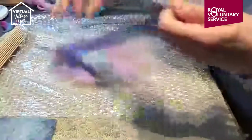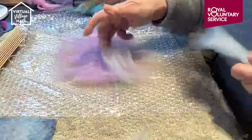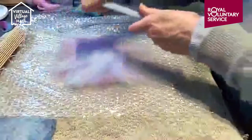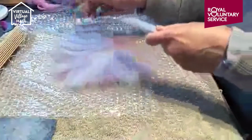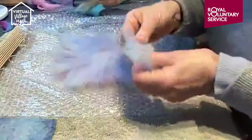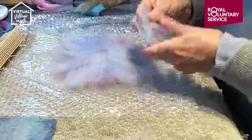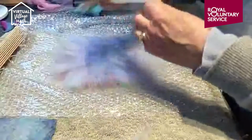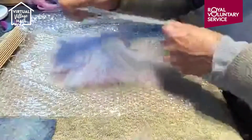And always start with nice fluffy ends. And I'm going to again lay my fibres in a clockwise direction all the way around. I hope you can all see this clearly. Just the last bits here. And once I've done that, what I need